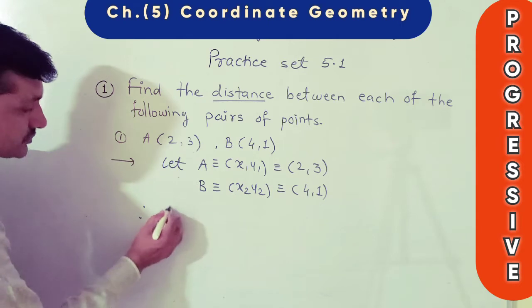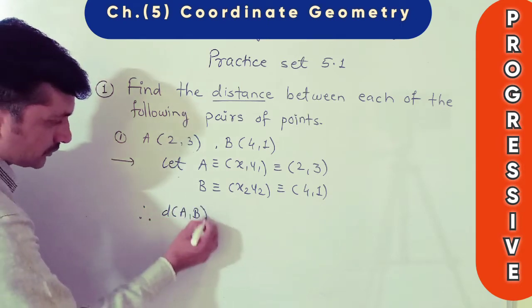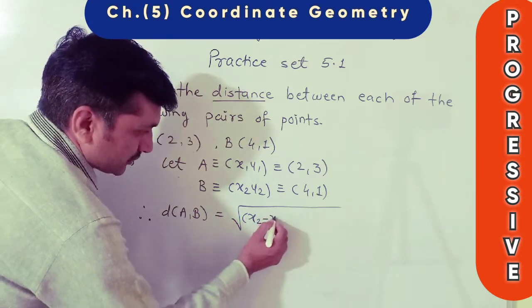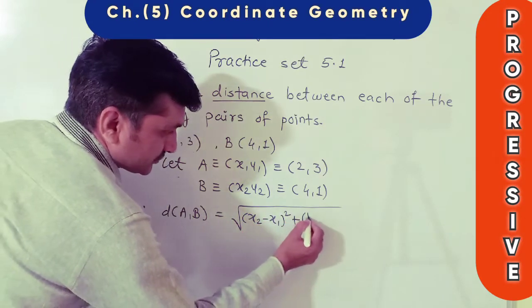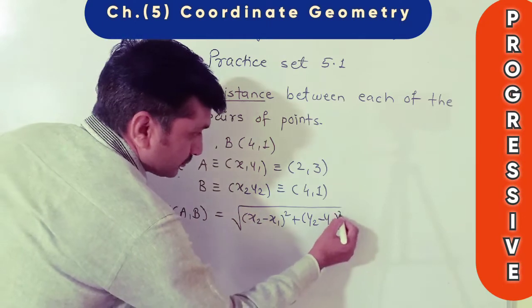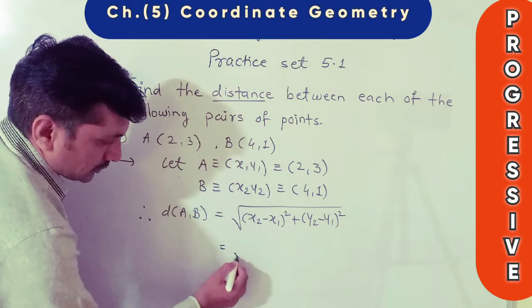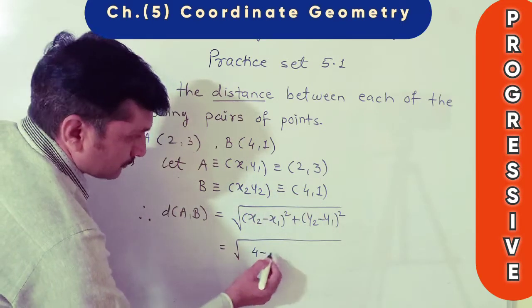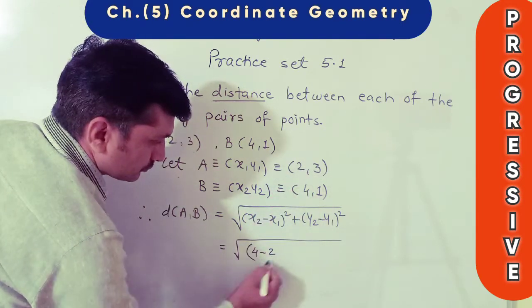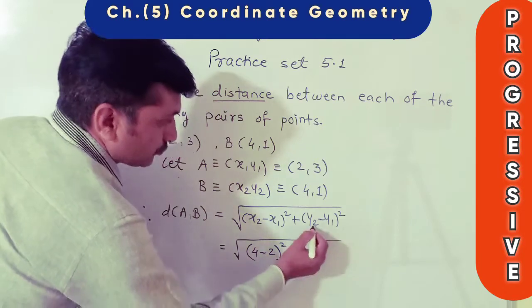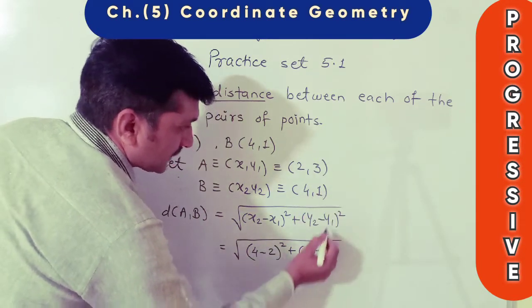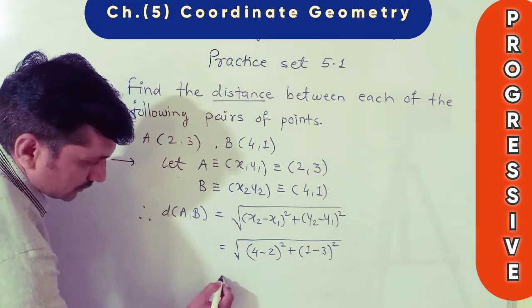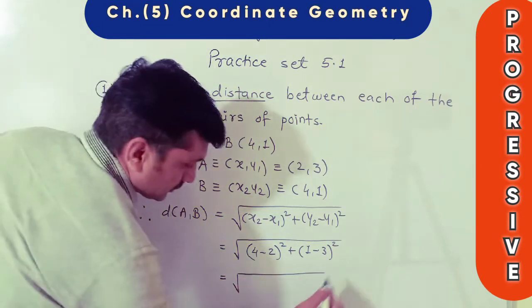Therefore, distance AB is equal to the square root of (x2 minus x1) whole square plus (y2 minus y1) whole square. Now let's put the values: (x2 4 minus x1 2) whole square plus (y2 1 minus y1 3) whole square is equal to,